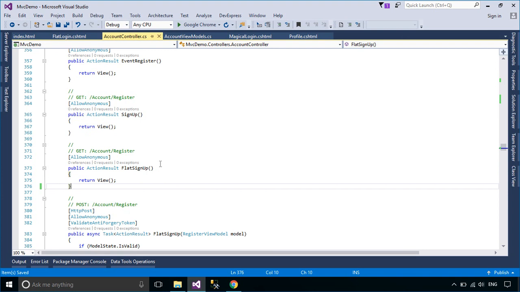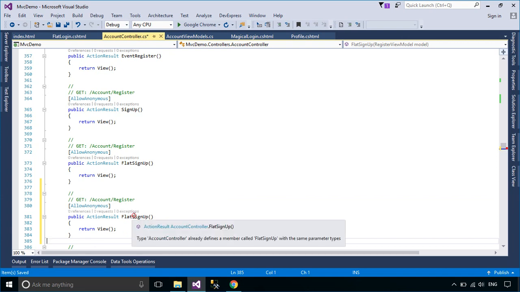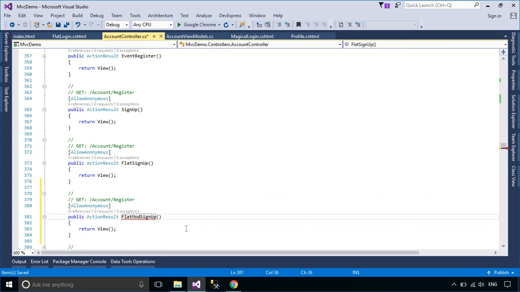Open your account controller, then create a flat modern sign-up action corresponding to HTTP GET and HTTP POST, and return to flat login view instead of flat modern sign-up view.